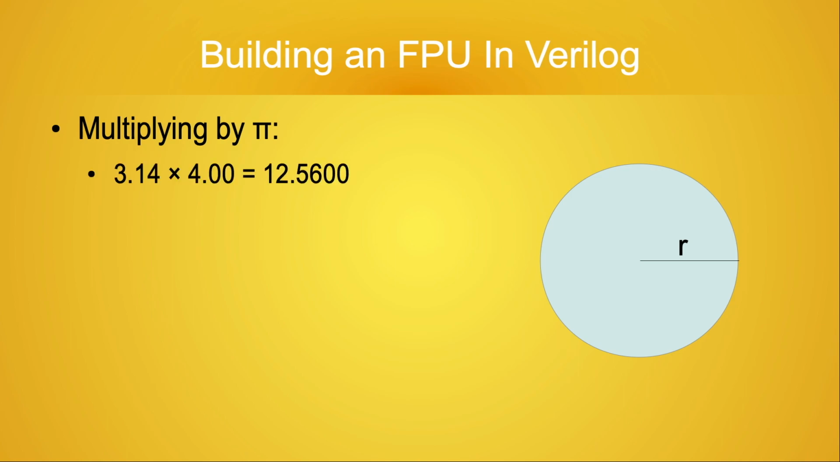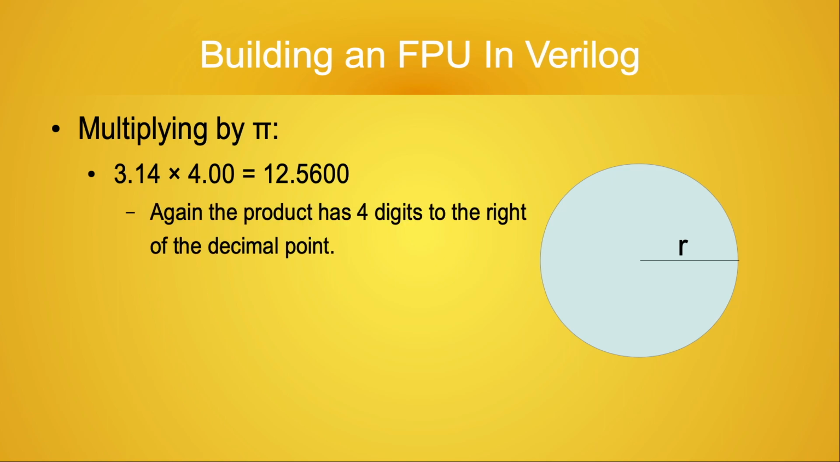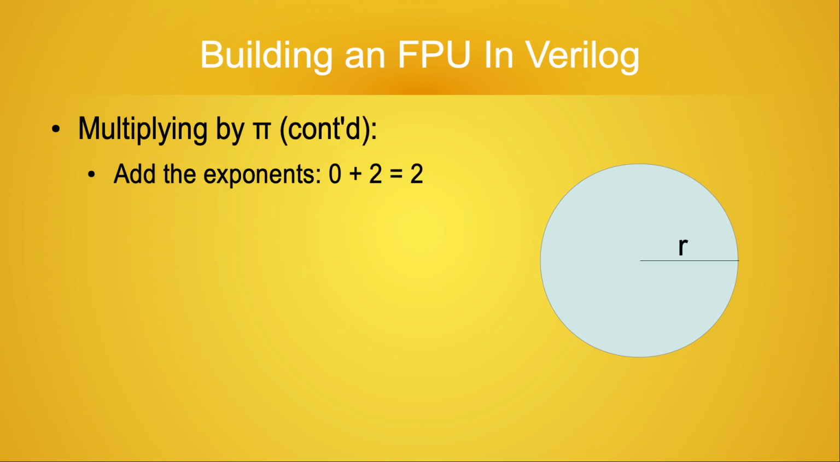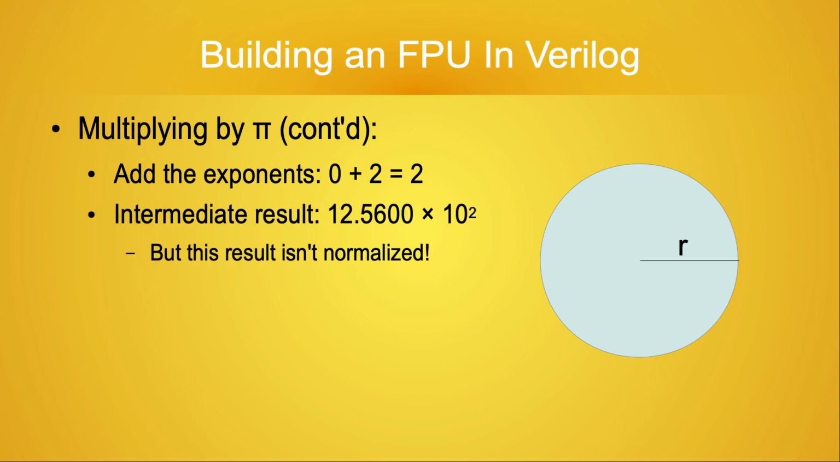3.14 times 4.00 is 12.5600. Again, multiplying two numbers which have 2 digits each to the right of the decimal point yields a product which has 4 digits to the right of the decimal point. For now, I'm not going to truncate any digits from this result. Adding the exponents this time, we have 0 plus 2, so the sum is 2. This makes our intermediate result